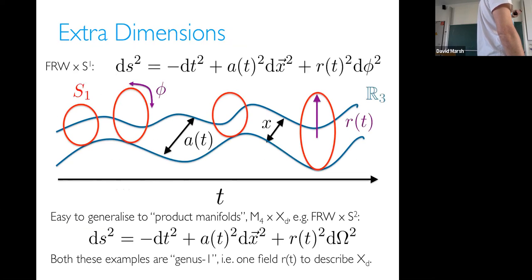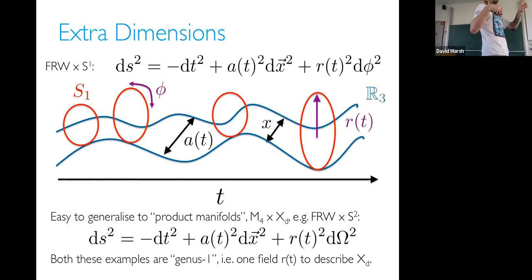We were over here. Product manifolds. So we can generalize our description to any product manifold. ds squared equals minus dt squared plus a squared dx squared, plus the round metric on the sphere. Here's FRW cross S2. So for S2, again, we just need one thing to describe the size of our sphere,